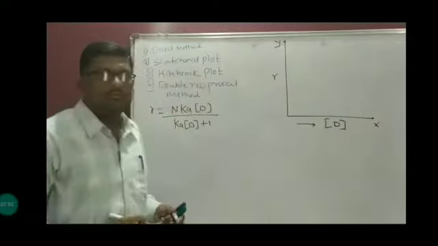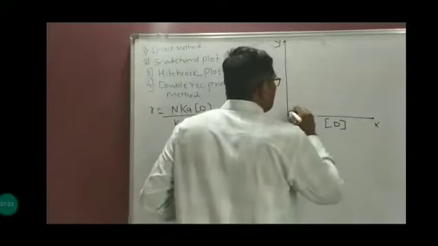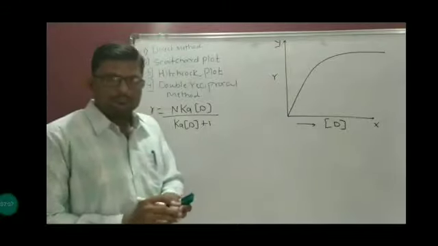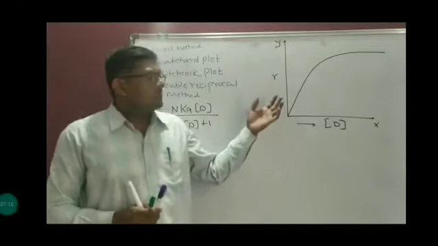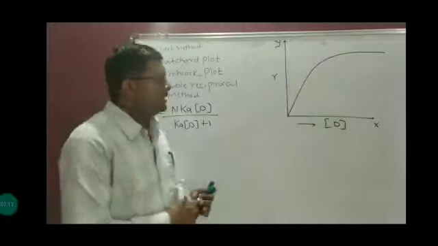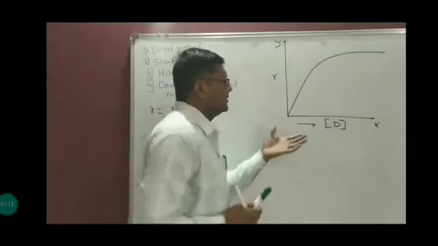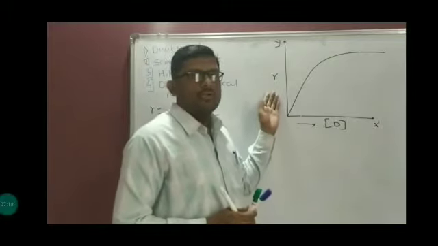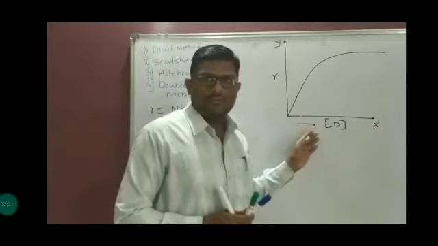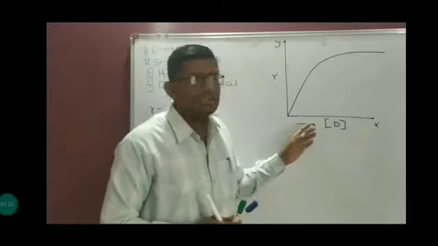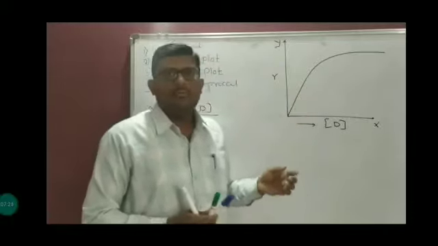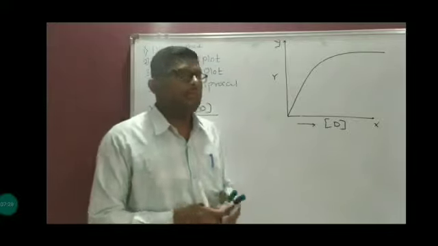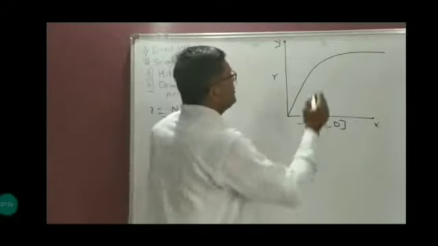Now here we will get a graph like this. In this case, the plateau is seen. As the concentration of the drug and binding protein take place, as the protein concentration goes on increasing, the concentration of D, the free drug concentration, also goes on increasing, but the stage will come where the protein becomes saturated, meaning no binding site will be available. At that condition it becomes the plateau.